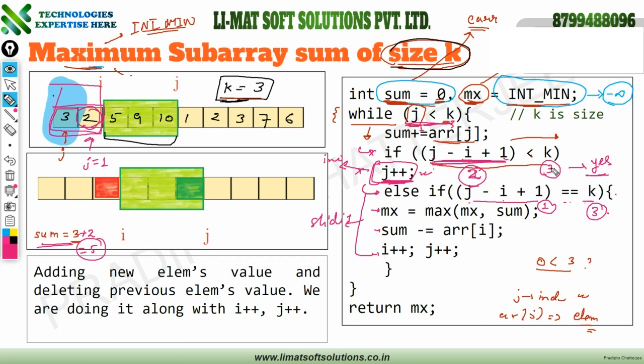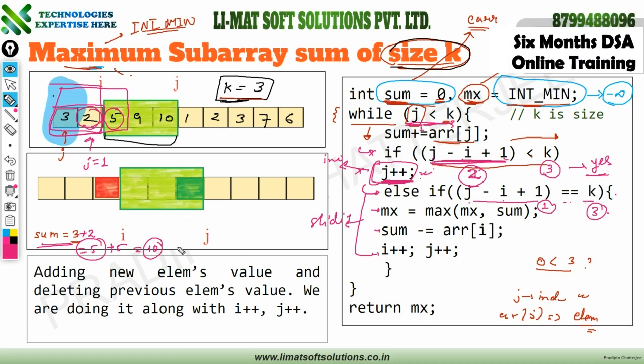And 2 is again less than 3, so I will increment the window. So the window will look something like this, and again I will add this 5 with this previous 5. So what will be the value? The value will be 10. I guess you are getting it. The value will be 10, and when this value is 10, again I will go ahead and